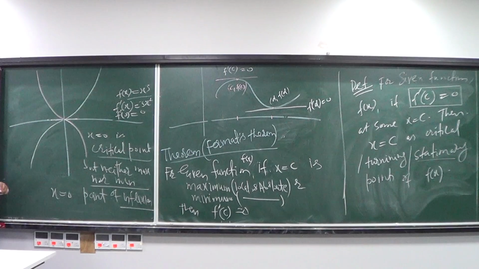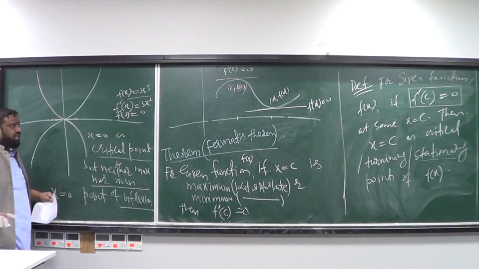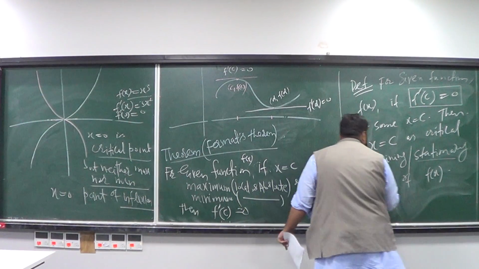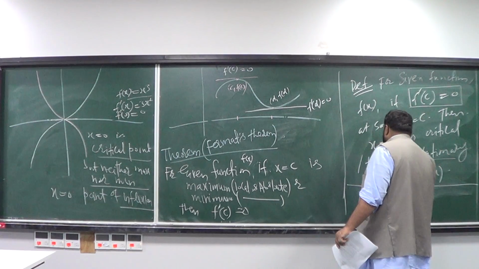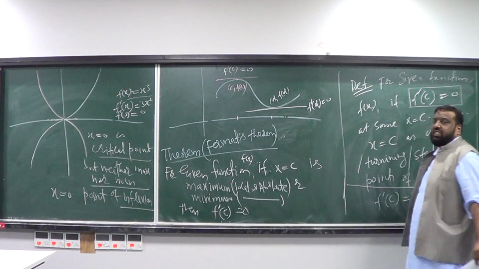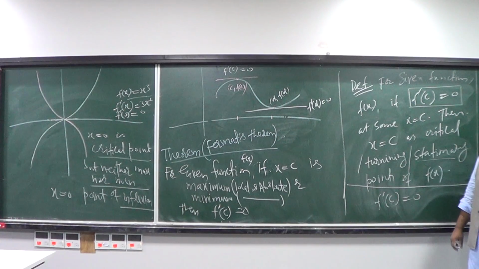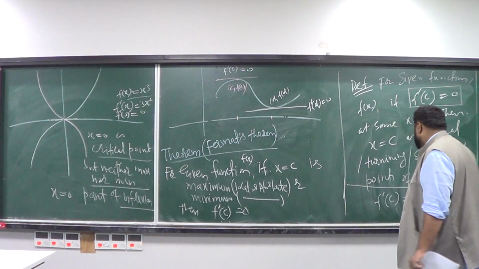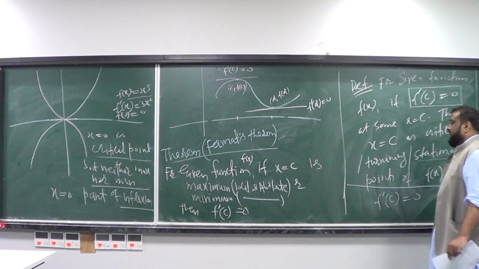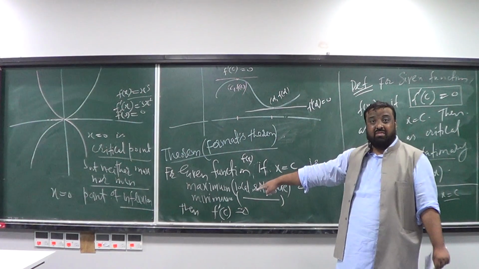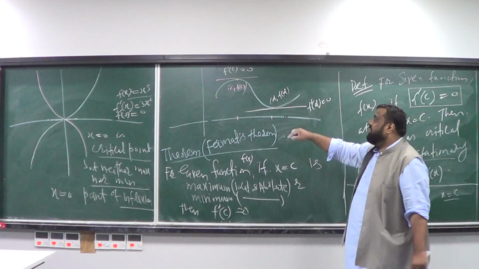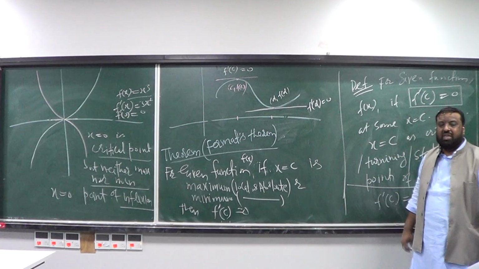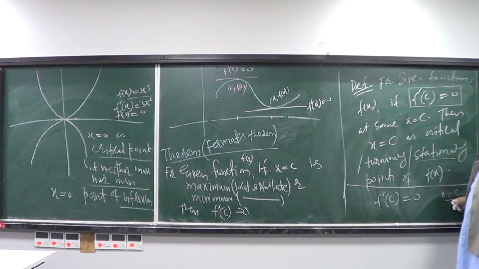So what is the summary? The summary is that if you compute the derivative and it turns out that at a point f prime of c is 0, then there are three possibilities for x equal to c. It could be a maximum. It could be a minimum. In other words, it could be a point where the function is changing its behavior. It could be a maximum, it could be a minimum,